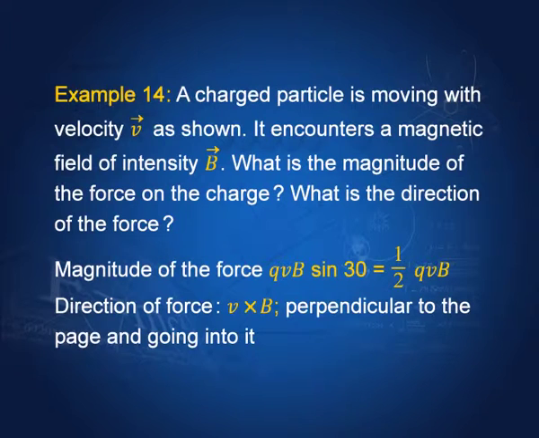Let us take a small example. The velocity of the particle is like this, the magnetic field is like this. This I have done just to familiarize you with the various kinds of situations that the examiners can pose before you. So, V is like this, B is like this. So, what you do is V cross B. So, you take the velocity, this is the magnetic field. So, V cross B, and that would give you the direction of the force.